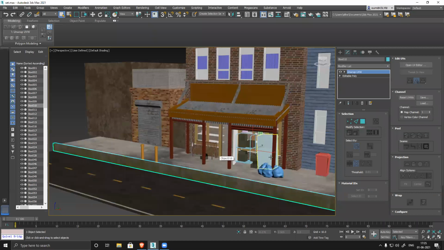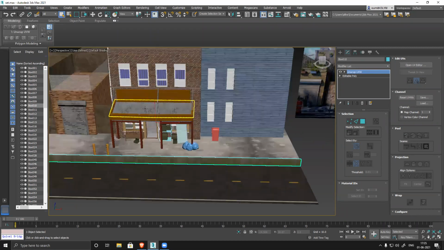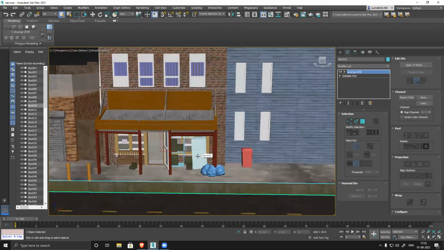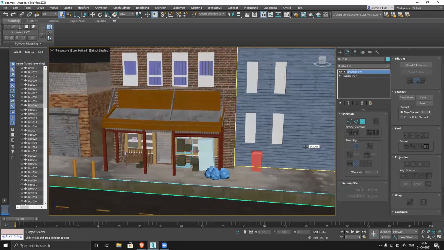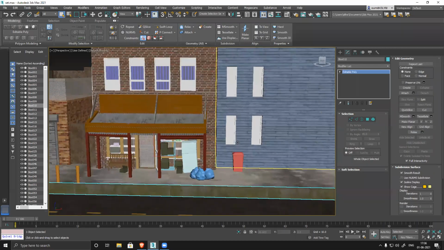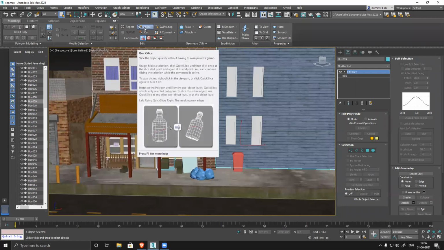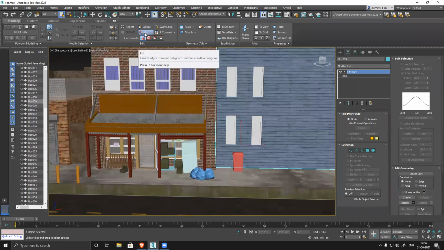Okay, let's see. Now let's start with our modeling. So we have lots of things. Sir, I have one doubt. Yes. Sir, what is the shortcut for the knife tool, the cut slice tool? Why are you using cut slice for this? One sec, let's collapse it. I don't remember I ever showed you the cut slice tool shortcut. I don't remember that.